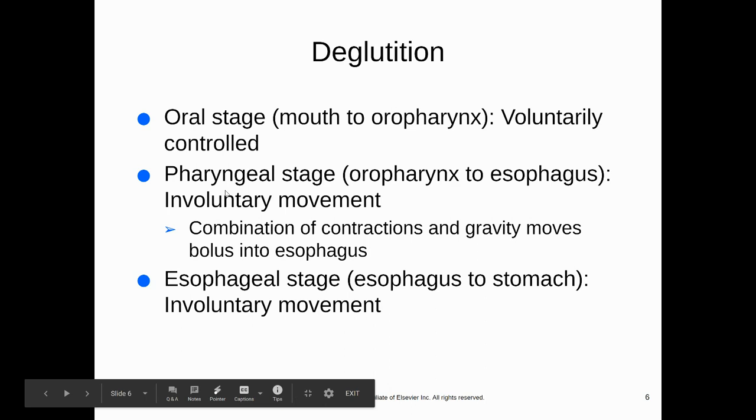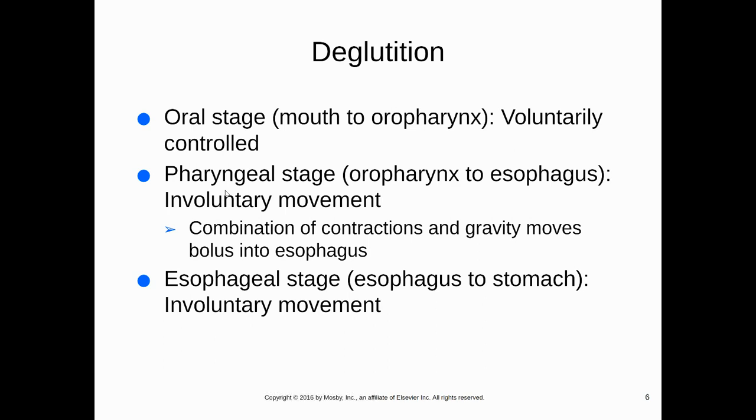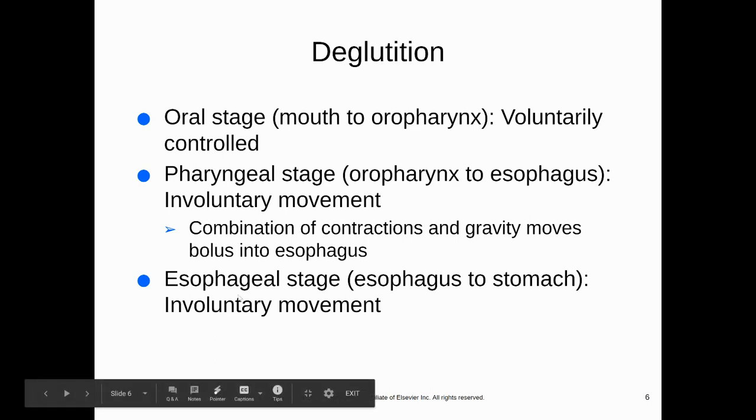This is going to go from the oropharynx to the esophagus. And the idea here is that this is going to be a combination of muscle contractions and gravity that's going to move that food that we've just swallowed down to our esophagus. Then we go from our esophagus to our stomach, which is the esophageal stage, and that's going to be